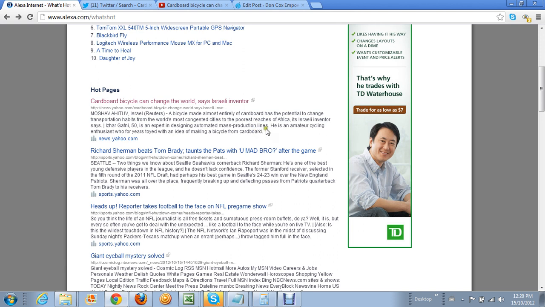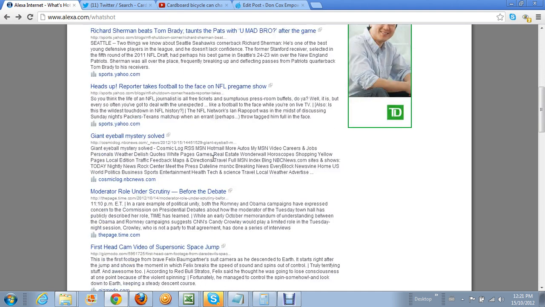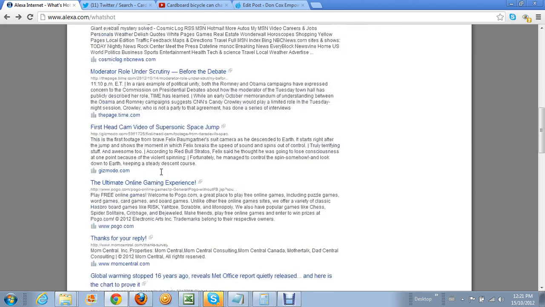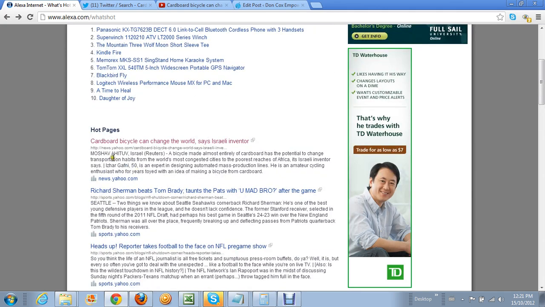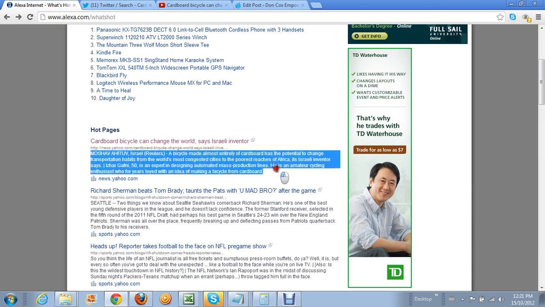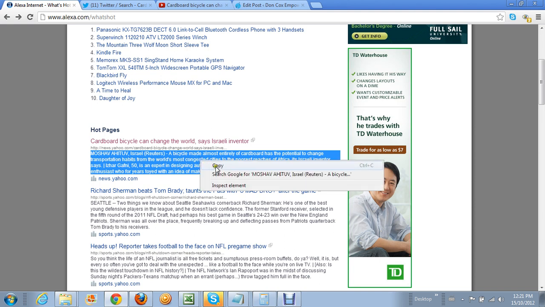Make sure that the summary doesn't have information that may have nothing to do with the post. Sometimes you're going to find information that has nothing to do with it. So you have to make sure that you read the summary at the bottom and that it is directly related to the post itself. Okay, so you just highlight it all, you copy it,